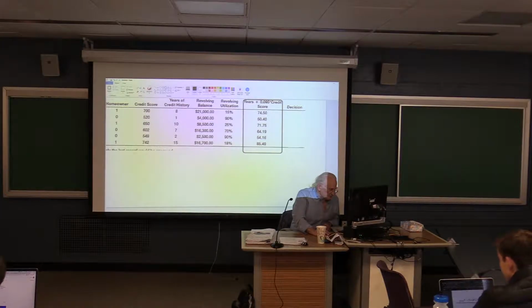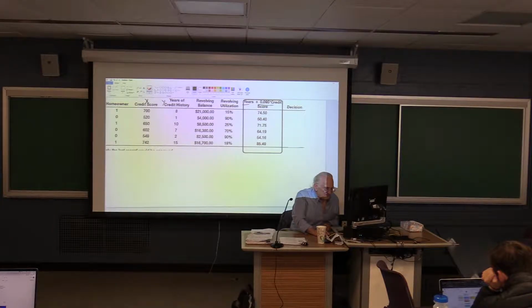So what was rule 2? Here is years, and this is the credit score. This is X, and this is Y, right? So here you calculate years plus 0.095 times credit, and you compare if this is less than or equal to